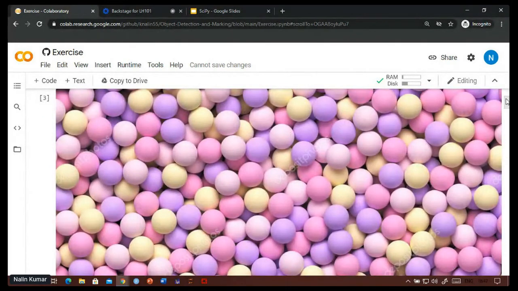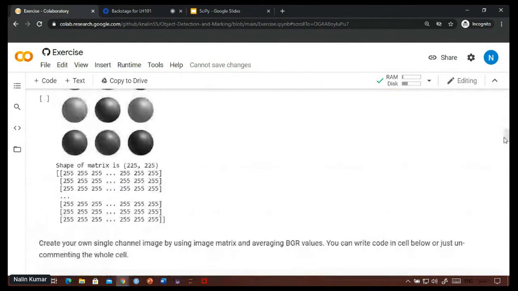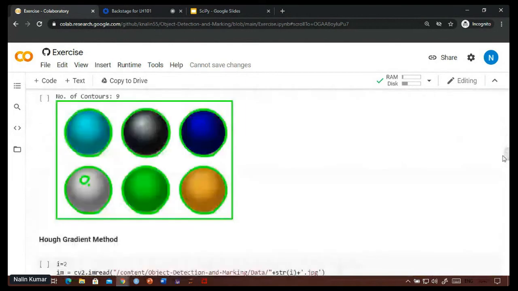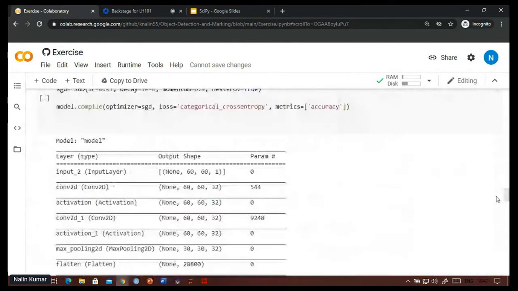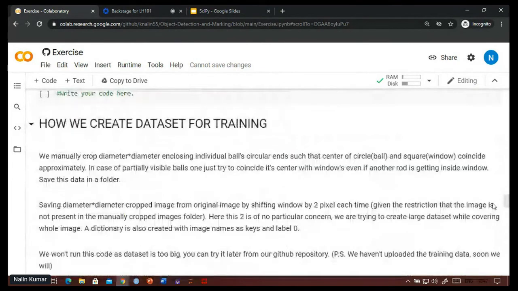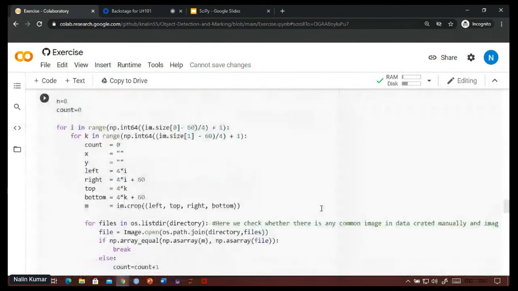So by template matching, you can almost, not exactly, but almost, get to the radius of these balls. Let me show you the code for the template matching here.